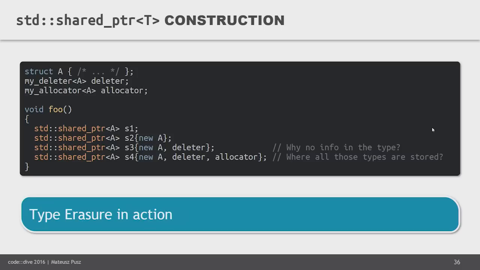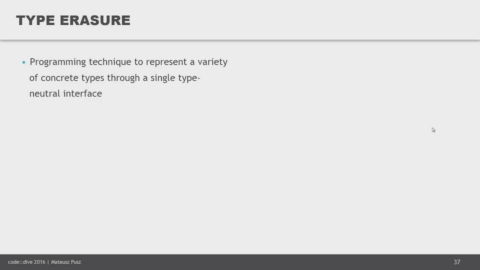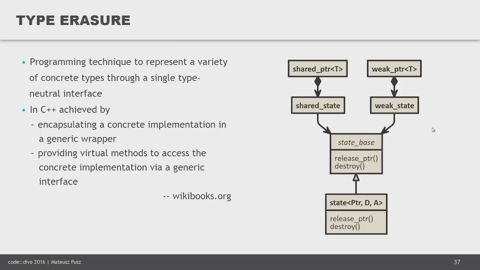Such things is called type erasure in C++. Type erasure is a technique to represent a variety of different types by a type-neutral, so type-erased, interface to such class. In C++, it's being implemented with virtual functions and dynamic dispatch. Basically, what it means is that you have some state base that has some virtual interface, and that virtual interface and the state base is, as you can see